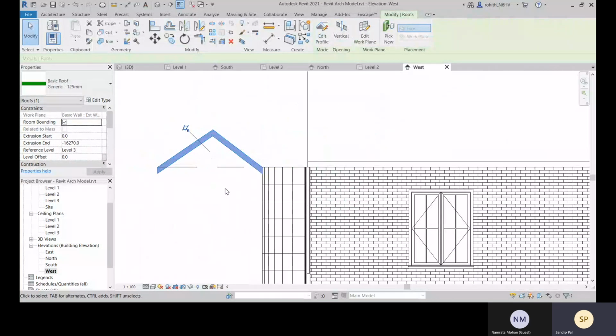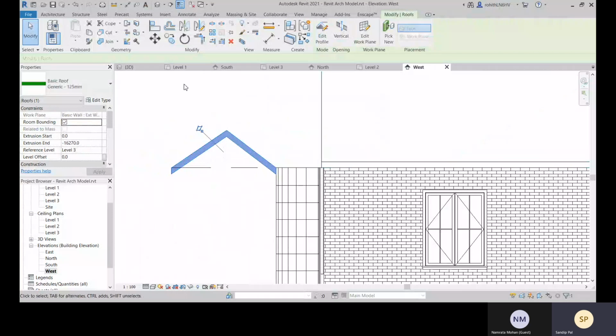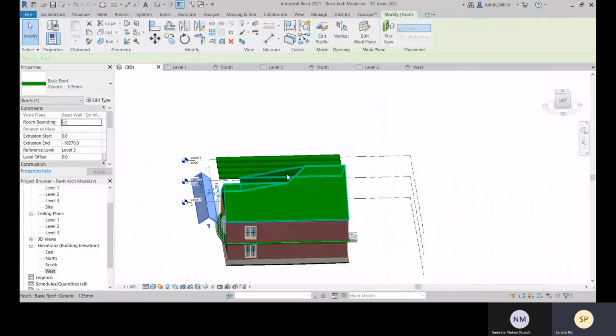If I create this one, so you see it's created.